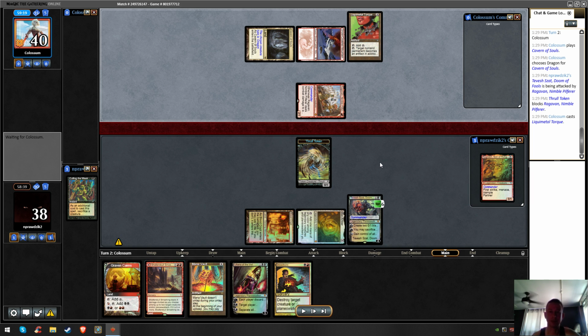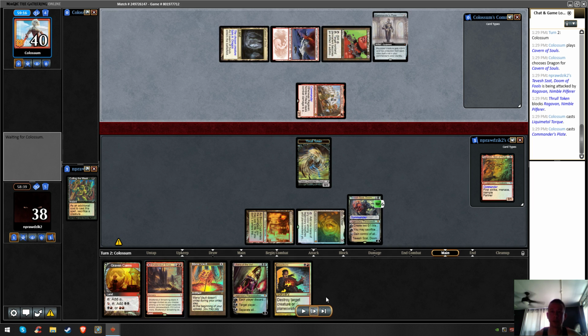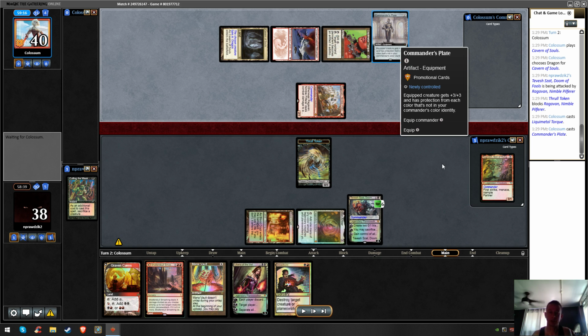It has to attack and deal damage in order to be good. But remember, I had to produce 6 mana or 5 mana on turn 1 in order to make his commander look like it's not good. His commander is stupidly good and ban-worthy, but, you know, anyway. So he plays Commander's Plate. This is definitely a card that could be a problem for me,